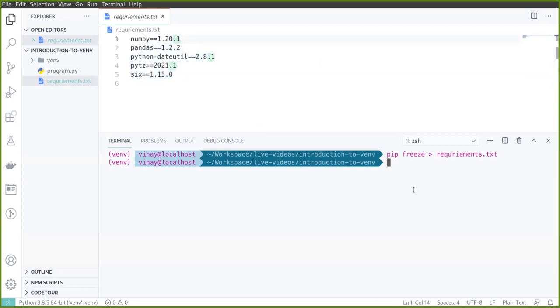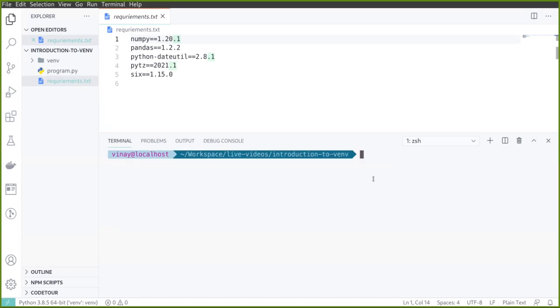So let us assume that we send this program.py file along with the requirements.txt file, basically the whole code except for the virtual environment folder. So let us deactivate and delete this virtual environment. Let us assume that someone has sent the program code along with this requirements.txt file, and we want to run this code.